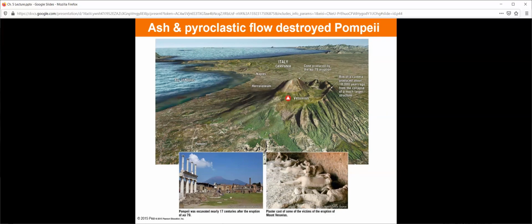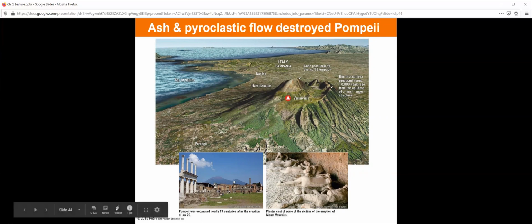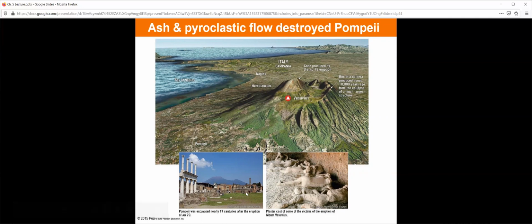And as you can see, look at this image of Vesuvius. That's not what the mountain originally looked like, right? That looks a lot like, as it says here, the rim of a caldera. This mountain was once mountain-shaped, but the top of it exploded, blew off, giving you this unique shape that it has now. This big crack here, you can kind of connect the dots and see what Vesuvius looked like before